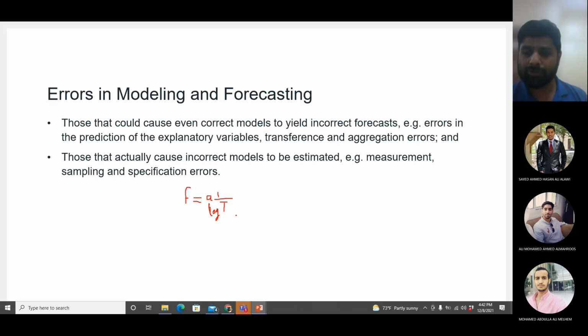But when it comes to a complete transportation related data or any practical data, the number of parameters is quite a lot. So we will not do it manually. Then we will use software. Even if you do it manually, or using a software, the calculations itself will not tell you that you should put this variable into the equation or you should not put this variable into the equation.